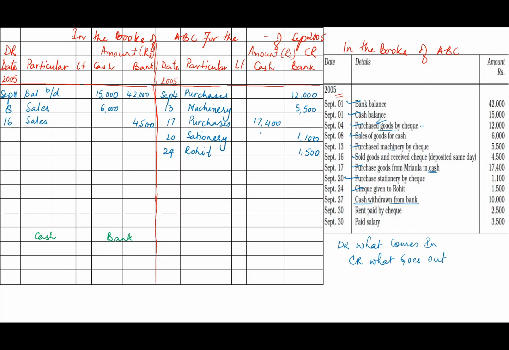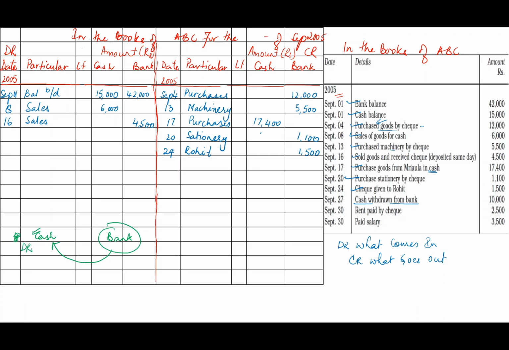So what he has done, he has withdrawn cash from bank. So from bank, he has withdrawn cash. Okay, it's ABC's only, ABC's bank, ABC's cash, but then he wanted cash. So he's withdrawn from bank. That means the amount is 10,000. So when money is coming to cash, what should I do? Same rule applies.